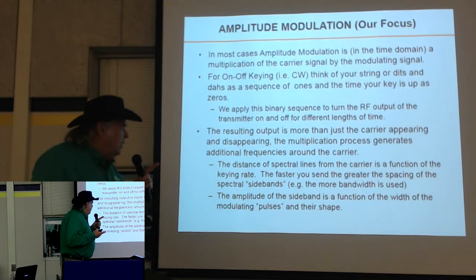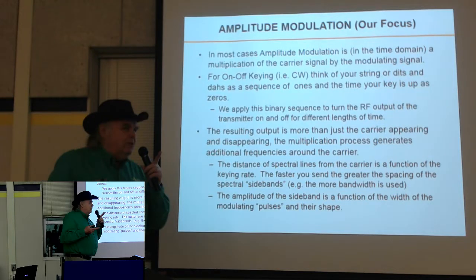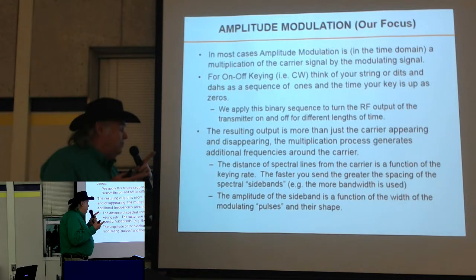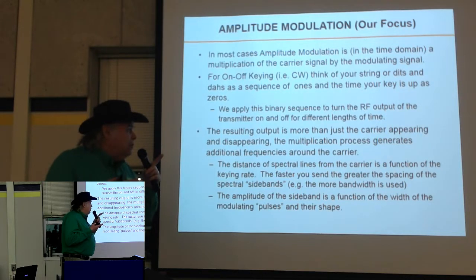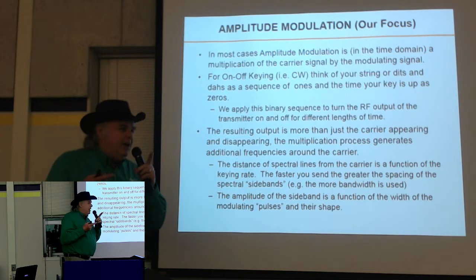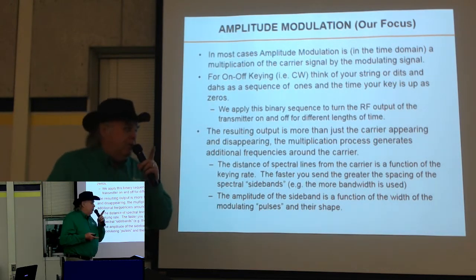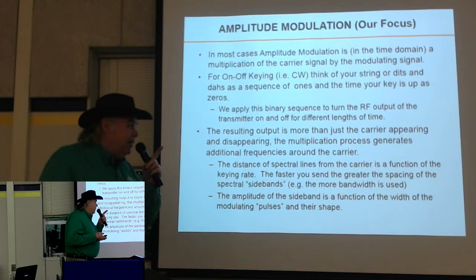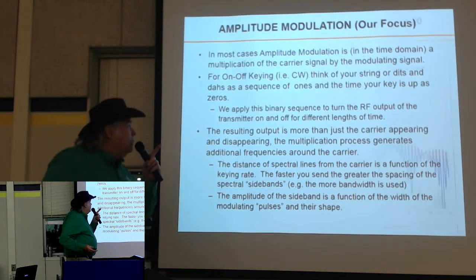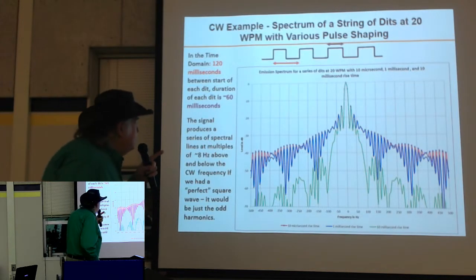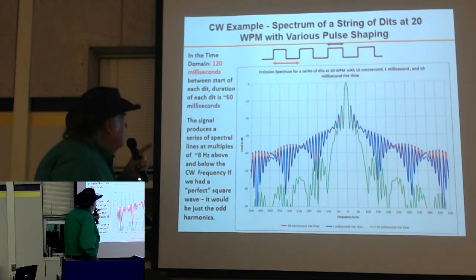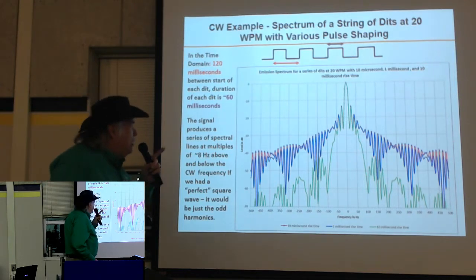Now the amplitude of those roll-off energy signals that we're generating is a function of the width of our modulating pulse, how long your dit or da is, and it's actually also very much influenced by the shape of the waveform, and I think that's the important thing we want to get to here in our discussion. So I'm going to transmit a series of dits at 20 words a minute,